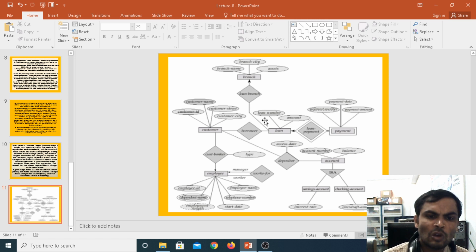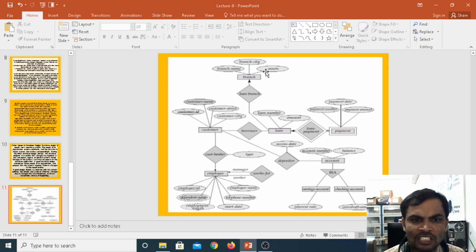Now, if you want to talk about the loan to the branch, we will give the loan. Under the branch, we have branch name, branch city, and assets. Branch name acts as a primary key. See here, it has only one branch, and under the one branch the one to many relationship exists. Coming to the payment to the loan, many to one also exists. The arrow mark represents one. Without an arrow mark, an undirected line means many. Under one branch, any number of employees can take the loan.